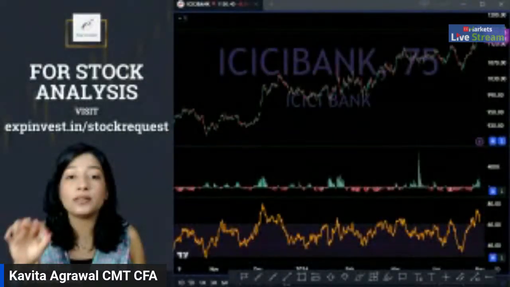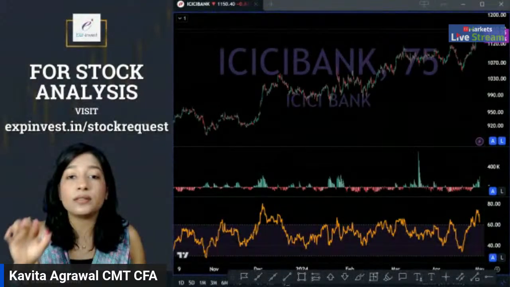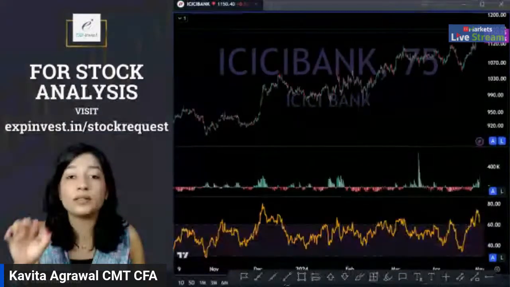Another reason why I am okay with setting a potential entry at a slightly lower level is because I have done the overall market analysis, and on Nifty and Bank Nifty, what I saw on the last working day, that was yesterday, right? Monday day end, sorry, Tuesday's day end, what I noticed was that Nifty gave a sharp reversal. And if you look at the resistance level from where that reversal came, it was exactly 22,770. A little bit more correction to follow in Nifty. So if that happens, we can expect a little bit more correction to come in banking stocks as well, in other financial sector stocks, and